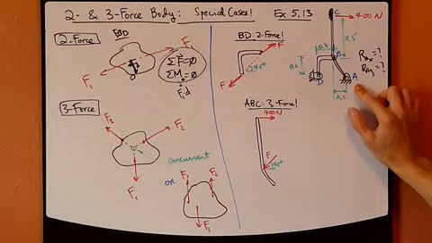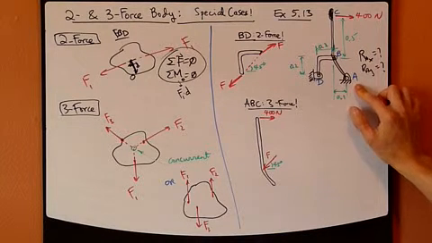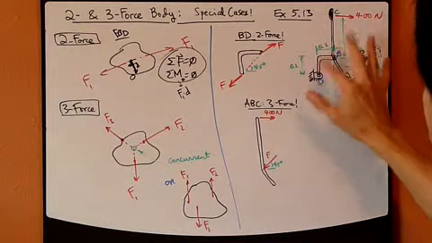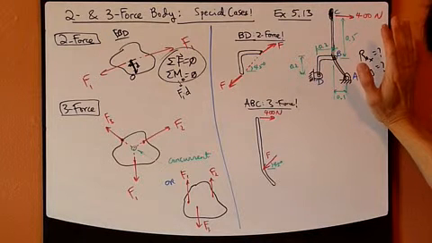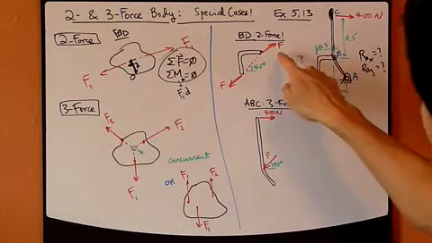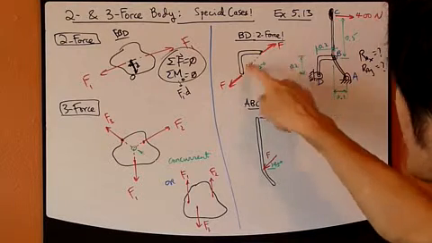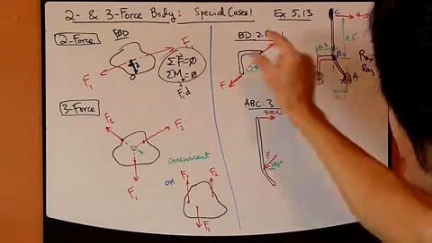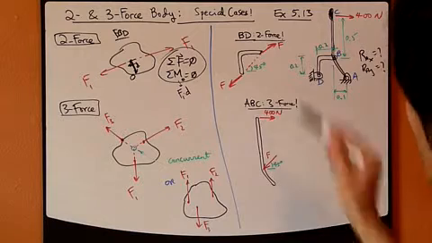So we can split this whole system up into two pieces. And the advantage is looking at just this BD piece. So just take this out. So this piece